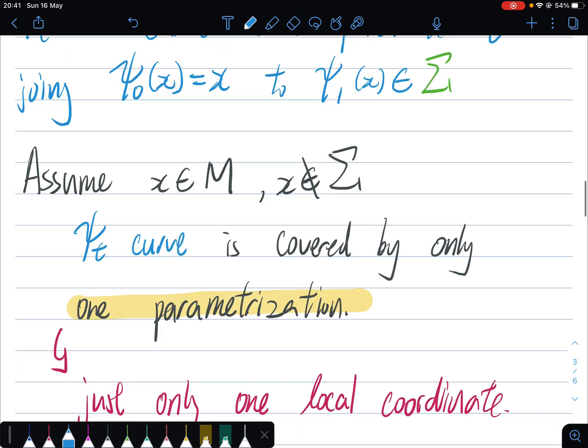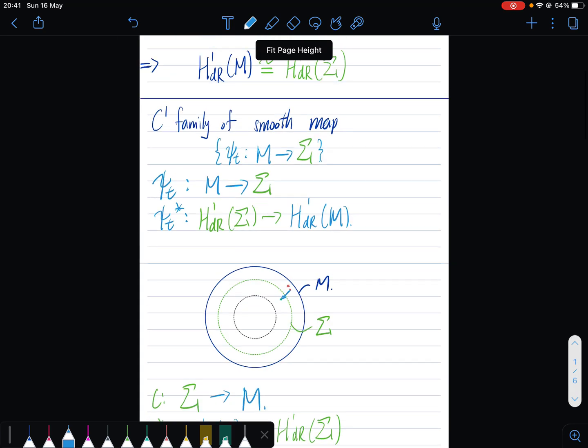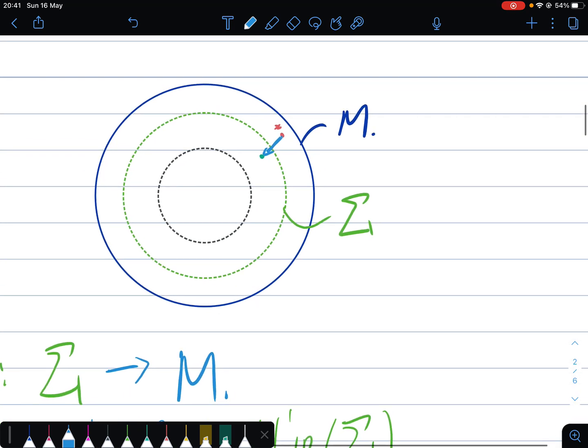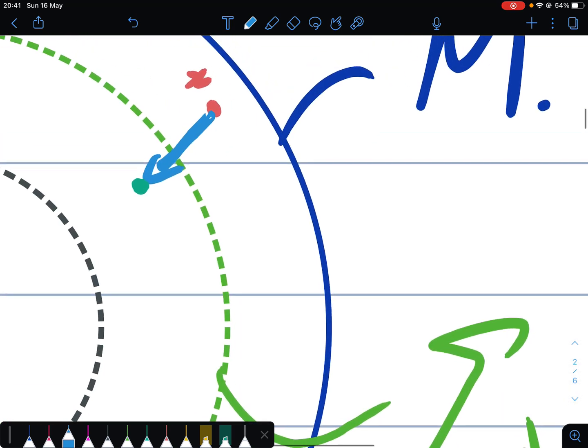Because when we go back to this picture, at each point, maybe this part is at t equal to 0, and this part is at t equal to 1, and here is t equal to something like t. When there is something like an invertible map here, so the inclusion map